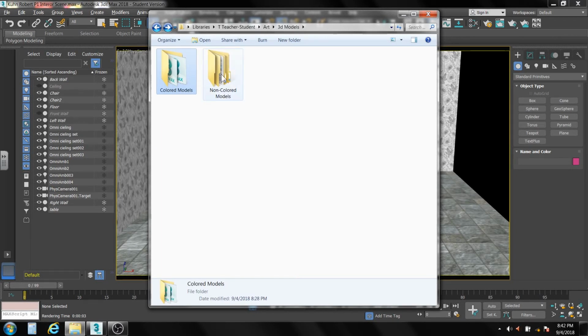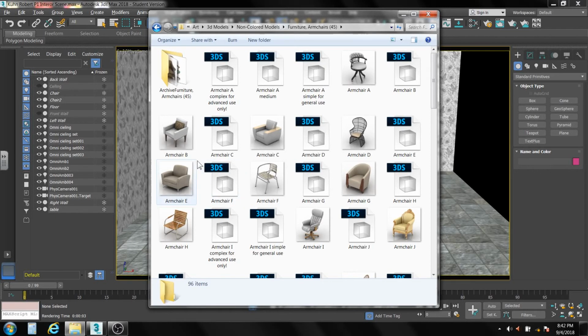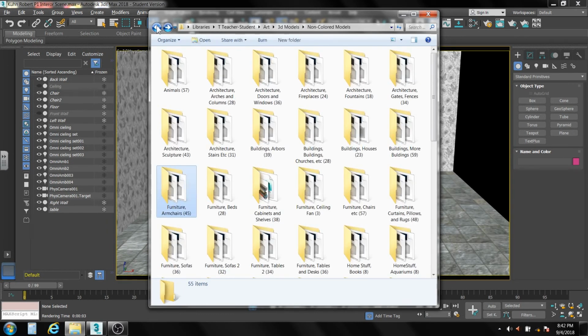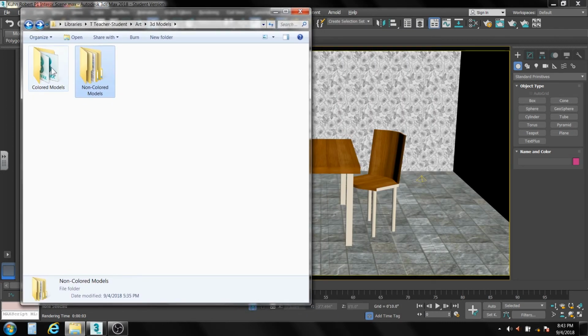In the non-colored models, things are just a little bit different in that the models will look the same, they just won't have exactly the same coloring on them. In fact, most of them are just gray. The other big difference is that in the colored models, there's a few hundred. In the non-colored models, there's a few thousand. So what you'd have to do if you used a non-colored model, you just have to put a material on it. Okay, so let's go into the colored models